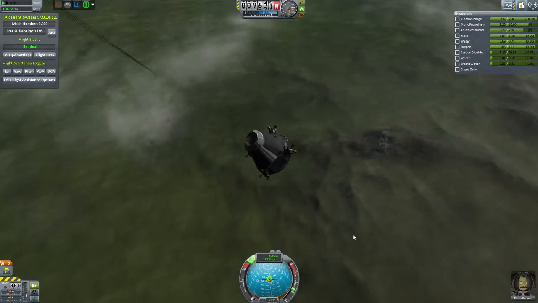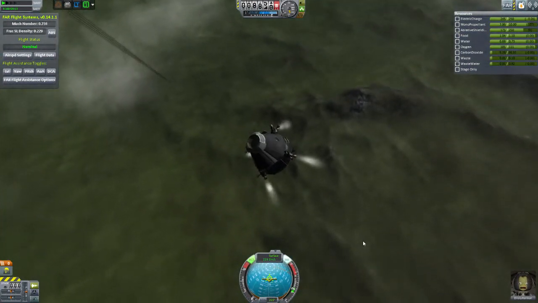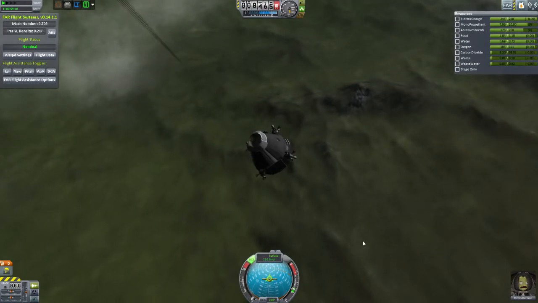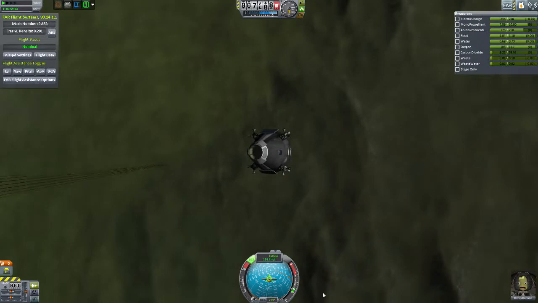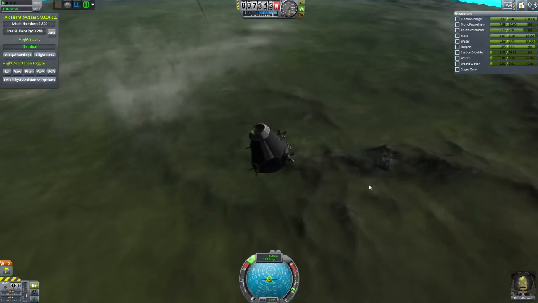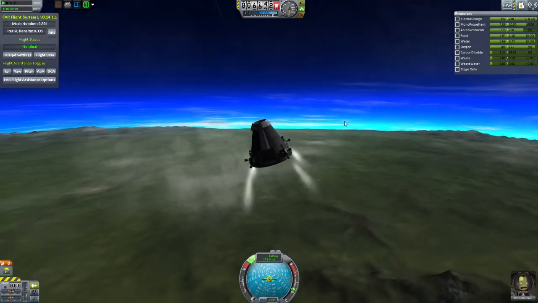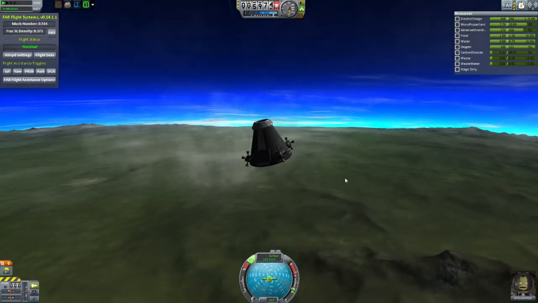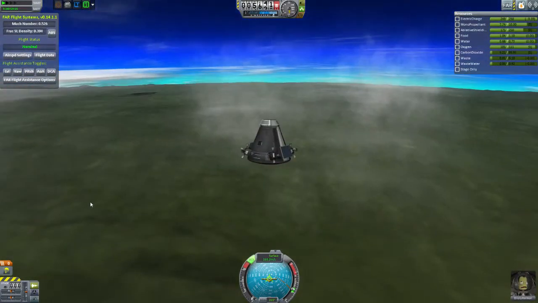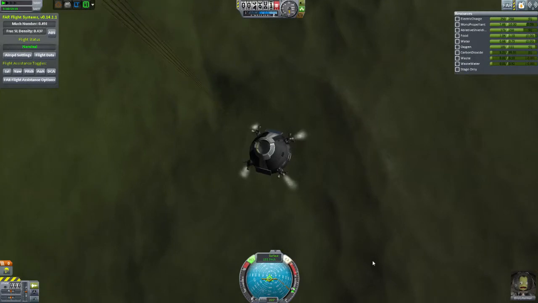Save a little bit for the last 500 meters as well. What was that? Popping noise. The last 500 meters so we don't smash into the ground too fast. It's weird that we're picking up a spin from our RCS. Unless I turn the SAS on. But...